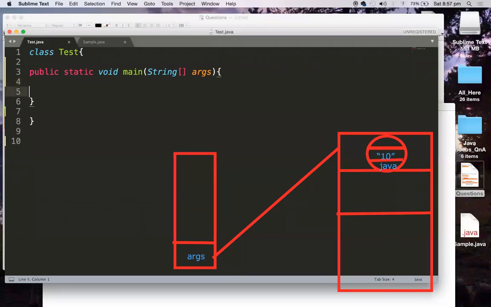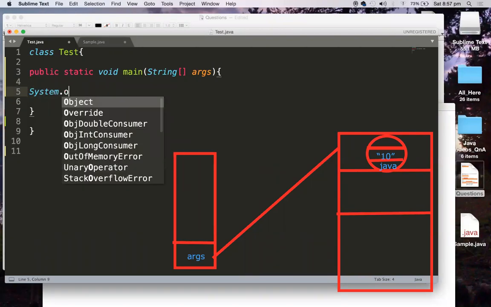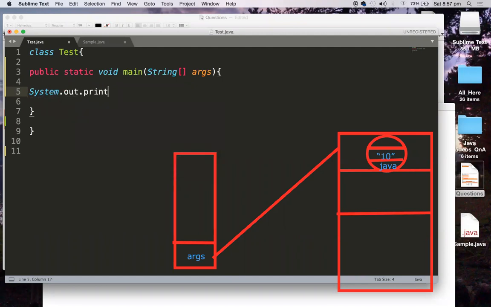So what I'm doing here is I'm writing a System.out.println statement to print the arguments which I'm passing from the command line. So System.out.println, and what you need to print is args of 0. If anything is there, that is args of 0, and if you want args of 1 also, you can do that. Let me use only args of 0 as of now, and later I will explain.